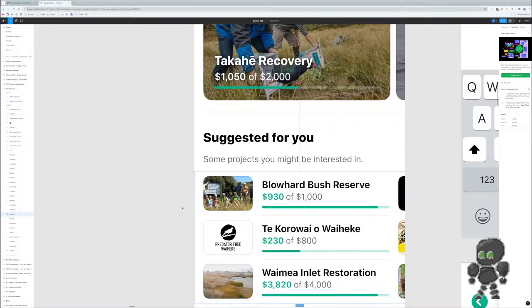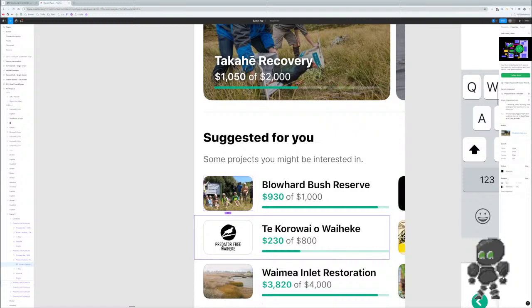But the spacing is, hang on. These are 347 by 76. To my untrained eyes,